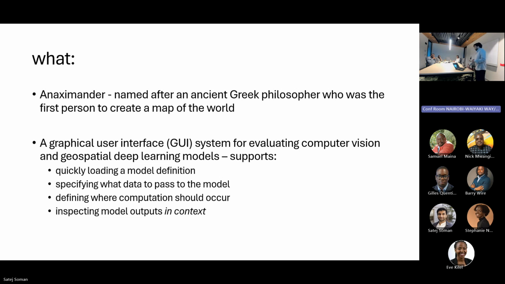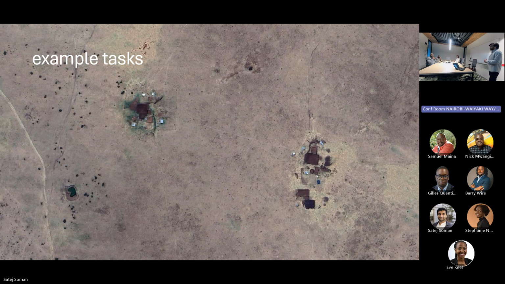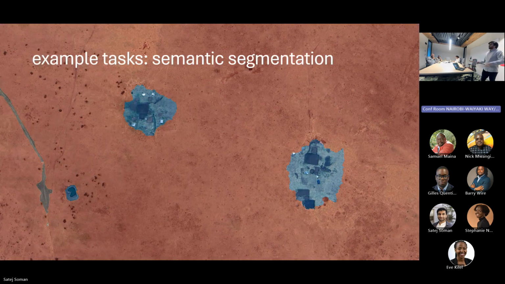Just to give you a better idea of what these inputs and outputs are, here's an example piece of satellite imagery. This is an aerial image taken of somewhere in rural Kenya. You can see that largely the ground is bare, not built up, but you can see some buildings and some vegetation. What you might want to get a machine learning model to do is something like semantic segmentation, where each pixel in the image is assigned to a semantic class. So you might have bare ground, you might have built up areas, you might have roads, but you've created a semantic mask of the image based on a couple of classes.